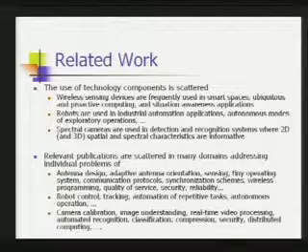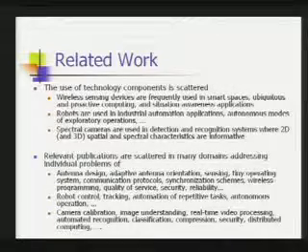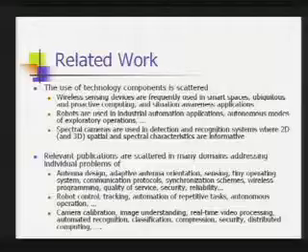Related work. Clearly, the challenge here is that the use of technology components is scattered all over many fields. Wireless sensing devices are frequently used in smart spaces. Ubiquitous and proactive